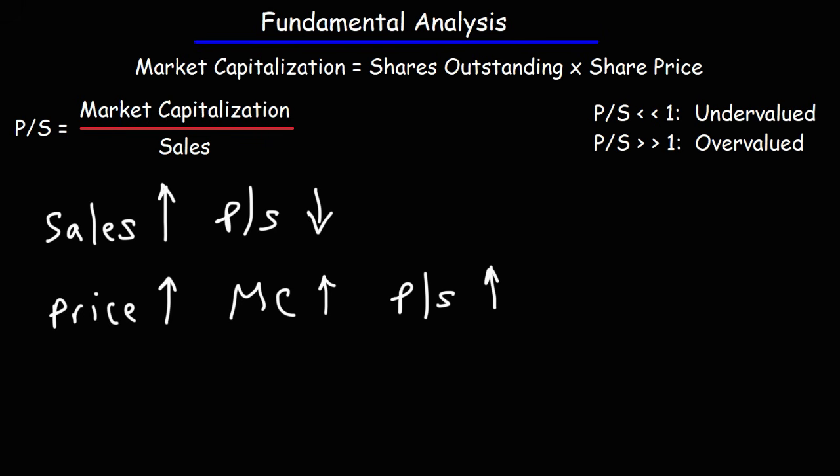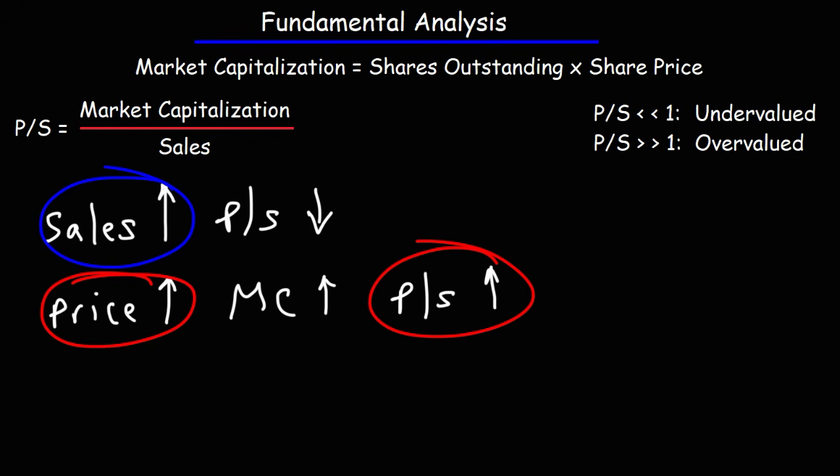And as the market cap goes up, the price to sales ratio goes up. So a company could decrease its price to sales ratio by either increasing the sales generated by the company or decreasing the price of the stock, which really depends on market conditions. If the price of the stock goes down, then that's an indication that the company might be becoming undervalued. If the price of the stock goes up, the price to sales ratio goes up, which indicates that a company